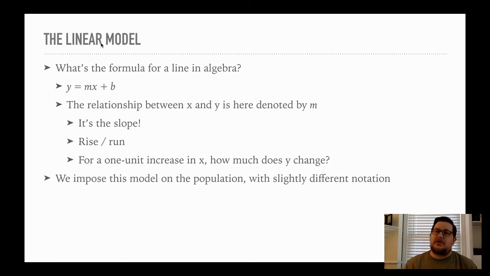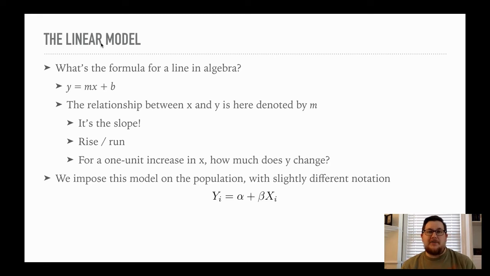Rarely is the true relationship truly linear. I want to mention that now. But unless it's curvilinear or parabolic or exponential, a linear model tends to do pretty well. Okay? So all models are wrong. Some are better than others. Okay? We use slightly different notation, however. All right? Now your textbook uses just y and x. It doesn't index them with the i.